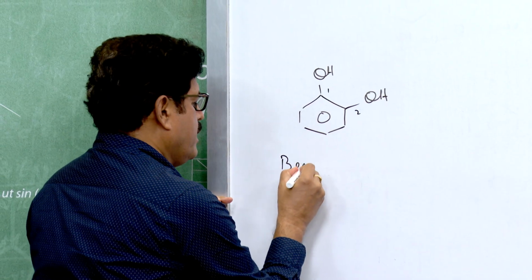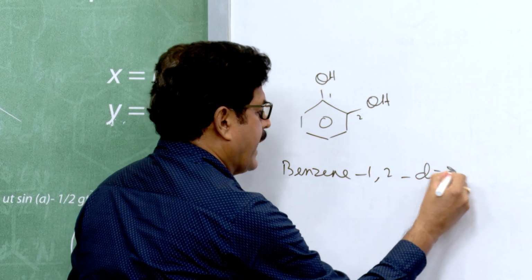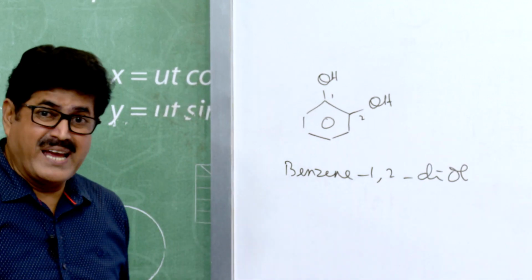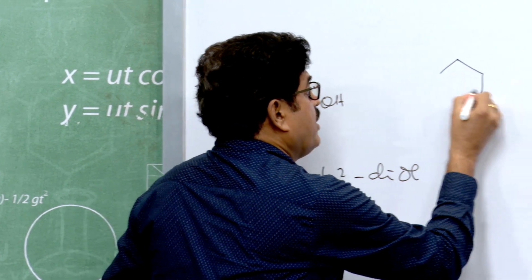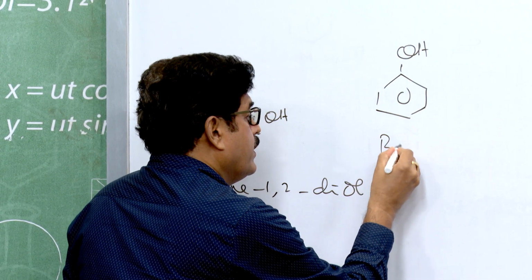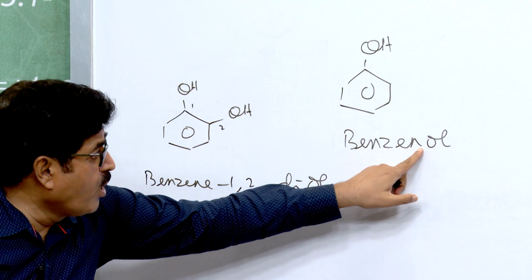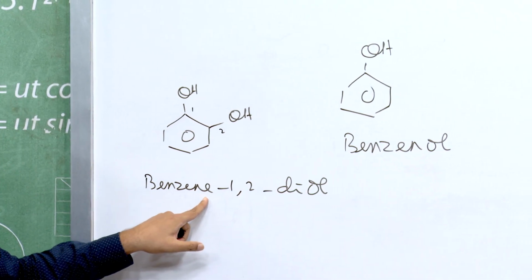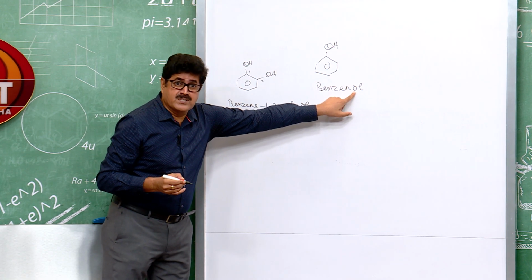So benzene 1,2 diol. Benzene 1,2 diol. You see, but in phenol, if you go for the IUPAC name, this is benzenol. The E is not here, but is present here. Why? Because while attaching the secondary suffix,